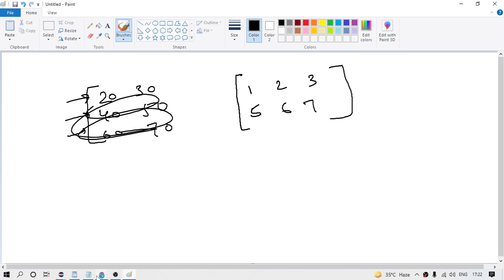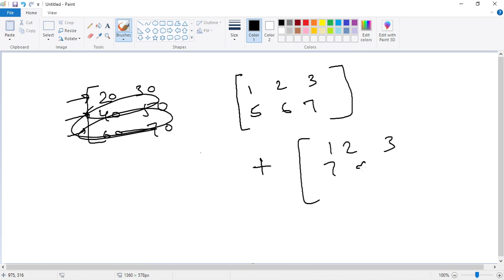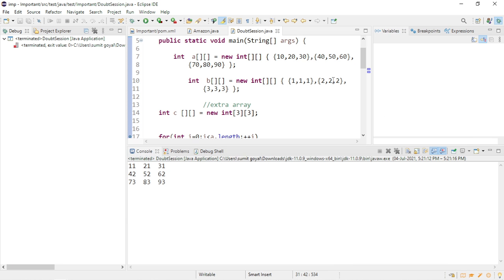If I just modify this, what do you have to do? Remember that you cannot do it like this. If you are thinking of 1, 2, 3 and 7, 9, 8, 3, 5, 6, it is not possible to add different dimensions. The dimensions should be the same for whatever you are adding. Suppose we have 2 rows and 3 columns. So I will remove this. Now we are having 2 rows and 3 columns. Just remove that, and our program should work fine. It should not throw any error. Let us check.